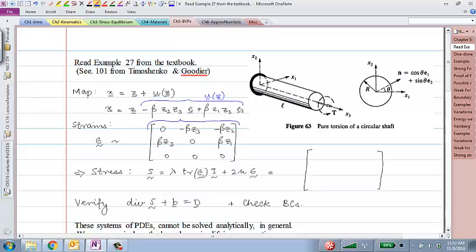That part is gradient of u. If I add now half of gradient of u plus gradient of u transpose, if I want to calculate that, then